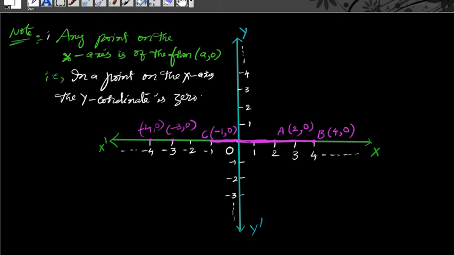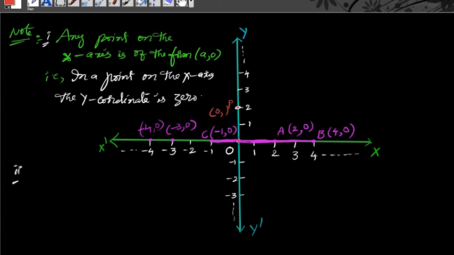Next one, observe that in the same concept, let us take a point on the y-axis. Suppose I have taken a point here. Suppose this point is named P. So what are the coordinates of this point? The same process, we have to write the x coordinate first and then the y coordinate. What is the x coordinate in this one? The x coordinate means the distance from the origin along the x-axis. There is no distance on the x-axis. So that's why this is 0.